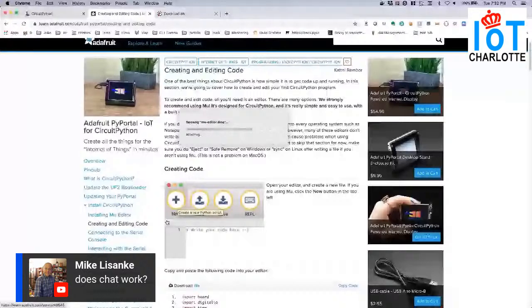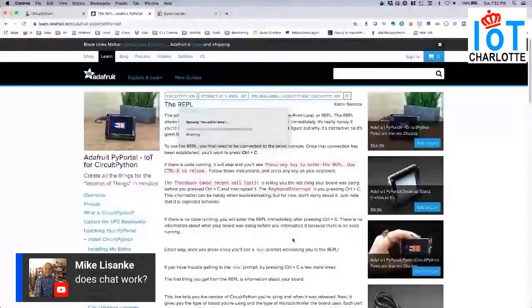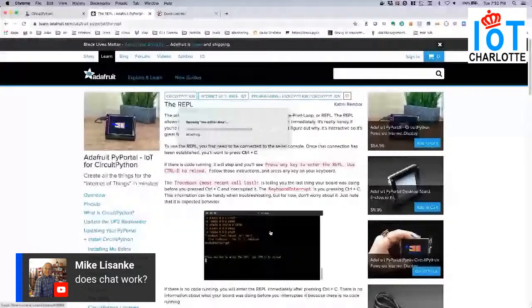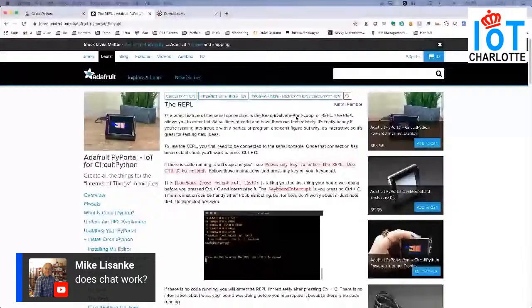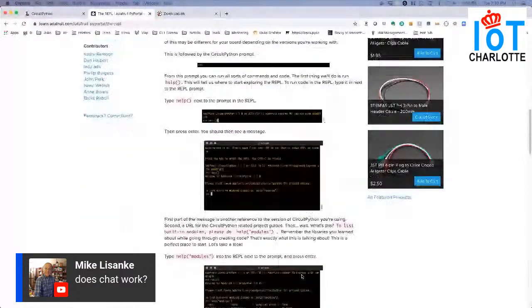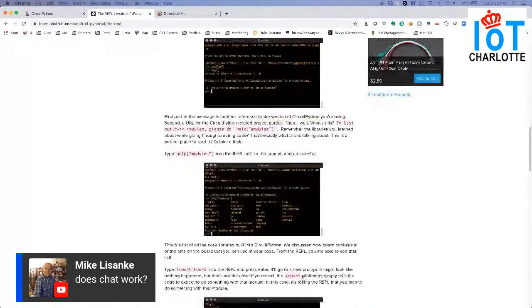There is a read, evaluate, print loop. So basically, it's a real-time interface to allow you to communicate and write Python in an interactive format, like a live interpreter would allow you to do. And that can be really cool if you want to do any kind of programming or testing of some code really quick.